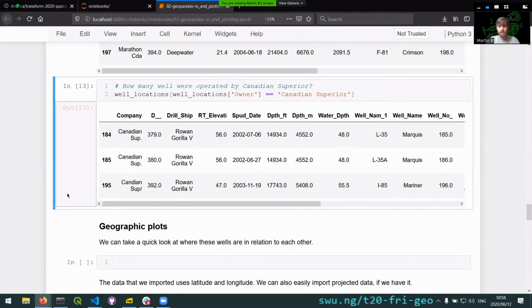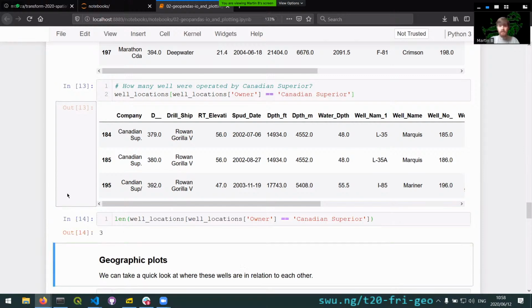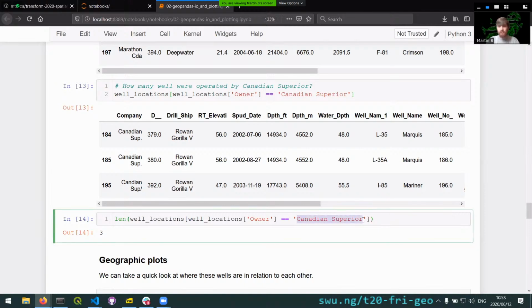3 is fine, we can immediately see what that is, but if we had more, then we may want to wrap that in a length function, which gives us back 3. If we change this to one of the companies that have a few more, for example, if we change that to Shell, you can see Shell is operating 54 wells in this area. All right, so